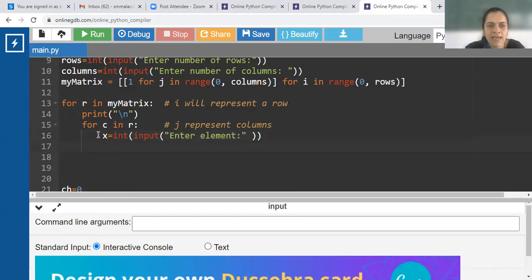And how will I add this element into the list? Do you recall how to add an element into the list? Don't worry about this nested list. Do you recall how to add an element into the list? Yes. How to add it?